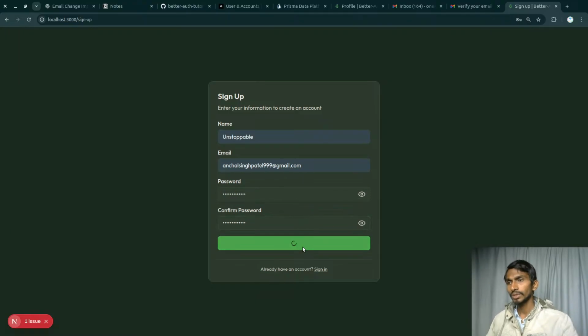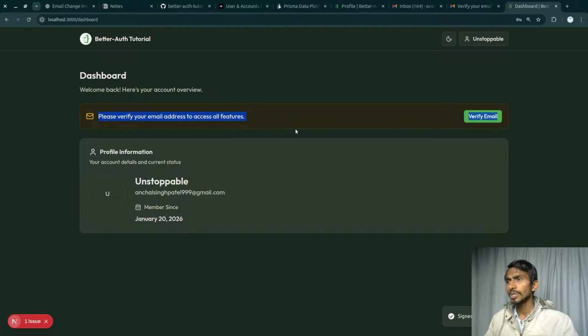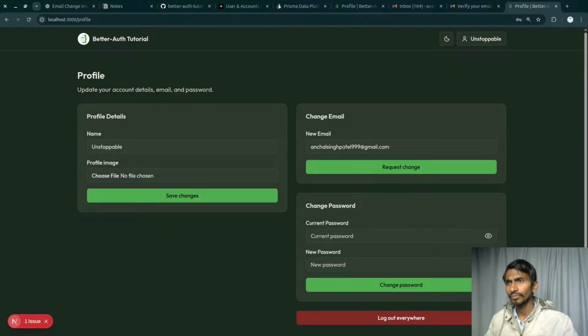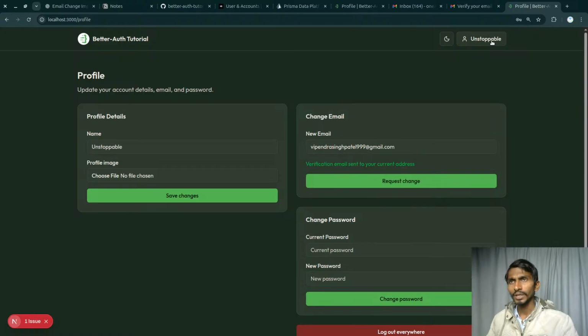Let's create the account. I'll be signing in again. Right now email is not verified, so if I try to change the email, instead of using this, I will simply say that I'm gonna be using Vipendra, this one. If I simply send a request right now, I'm sending a request from Achal Singh Patel, I'm changing the email to Vipen Singh Patel, and if I go here,